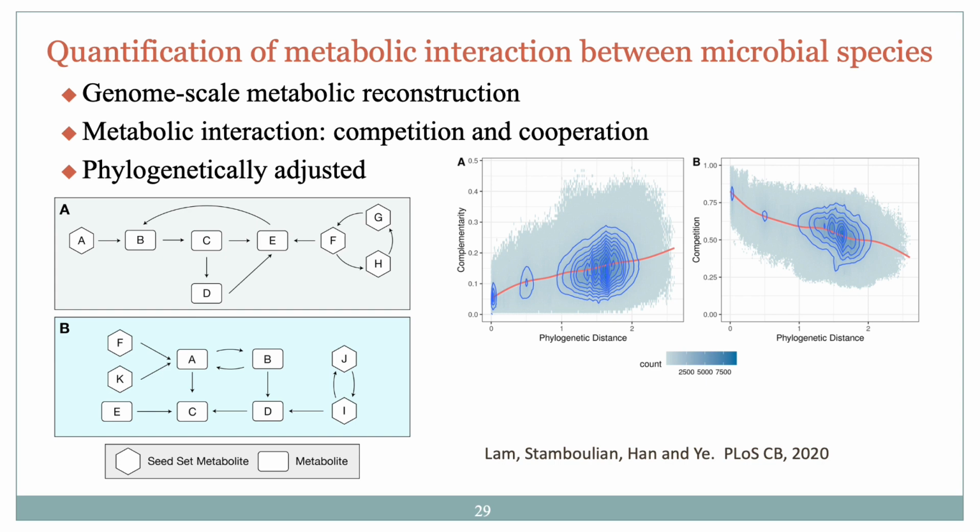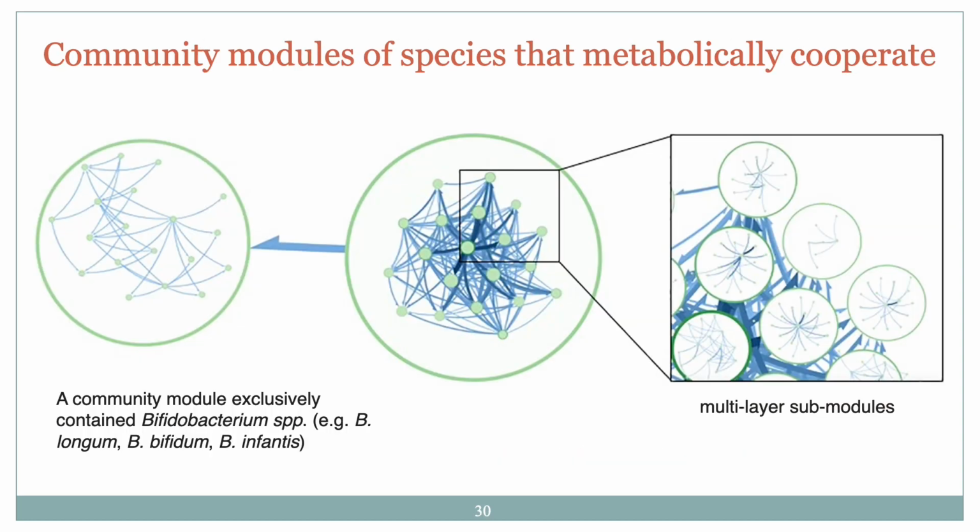And if two bacterial species are phylogenetically close by nature, their biological pathways will be more similar to each other, and it looks like artificially they form a competitive relationship. But we need to adjust for that phylogenetic impact on those quantifications. So we propose this phylogenetically adjusted quantification of metabolic interactions between microbial species, and from there we can identify pairs of species that, for example,